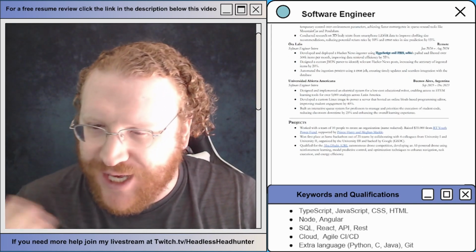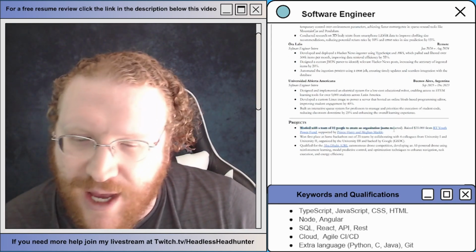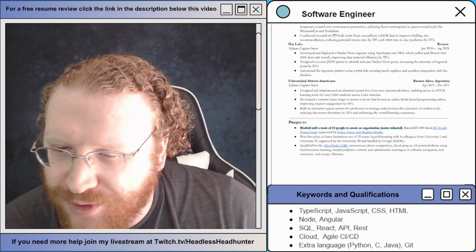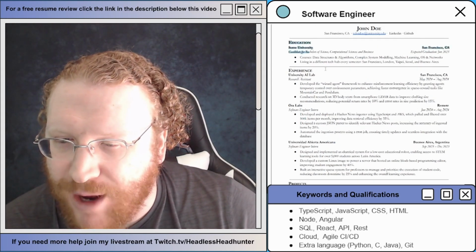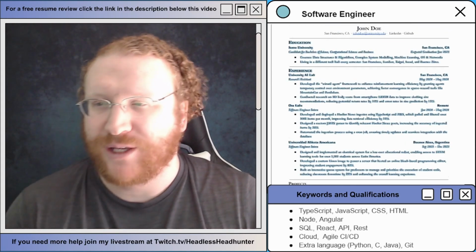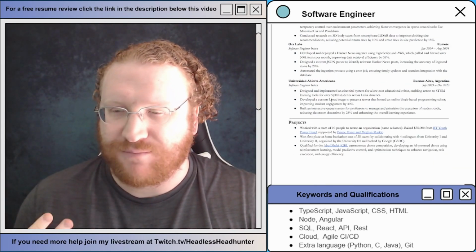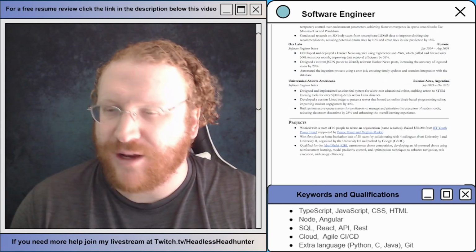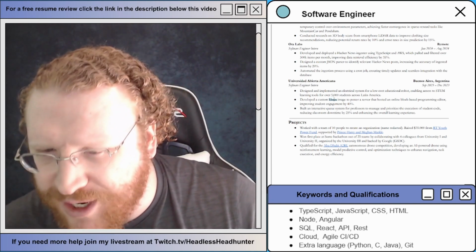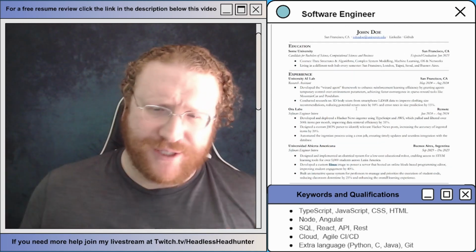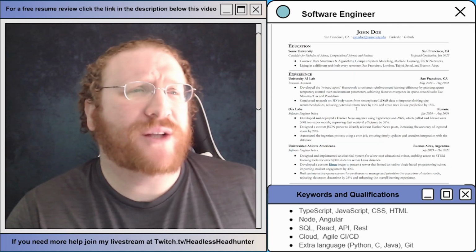I don't see anything. This is nice, actually, but there's no way anybody's going to scroll all the way down here regardless. And even if they do, it's not going to get you a job because I only see TypeScript and AWS and Linux right down here. So we need more keywords. Let's move on to the next resume.